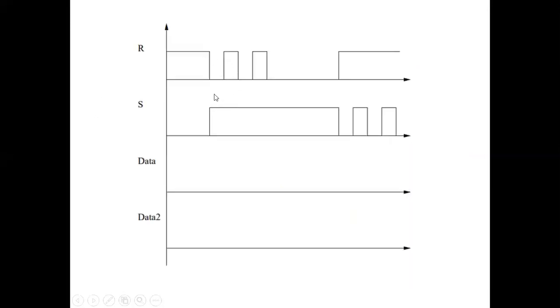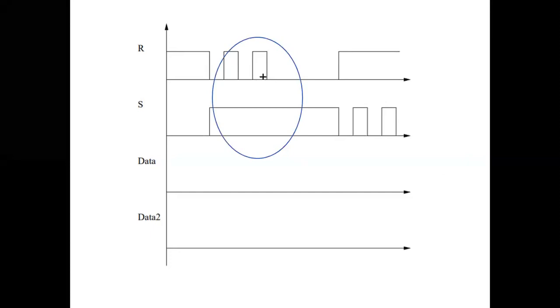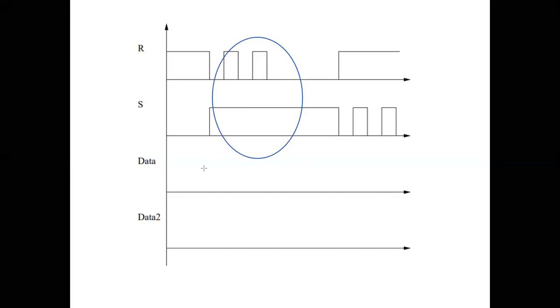Let me see here. What is the value? Initially I have R as 1, but later I made it 0. When I make the R value 0, what happens? It will go to 1, come back to 0, go to 1, come back to 0, until it settles down to 0. Now during this state, you can see over here, 0 and 1, 0 and 1. So this waveform will also vary accordingly. So according to the R and S values, your output waveform over here is varying.